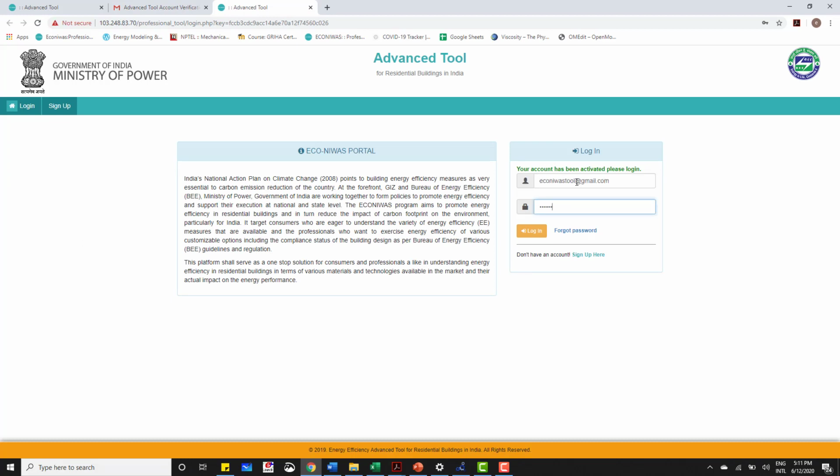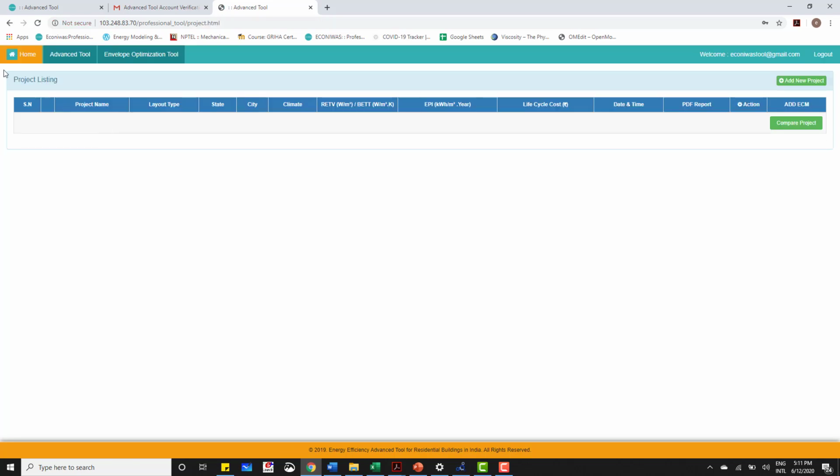Now let's quickly log in. After filling the required information, we have to click on the login button. There is also a provision for forgot password over here. So if the password slips from the mind, we can always recover it from this forgot password link. Anyways, let's click on the login button. Once we click on login, we arrive on the project listing page. This page is still empty because we have created a fresh account. If you are an existing user, all the projects that you have done previously would be listed over here along with their corresponding properties.